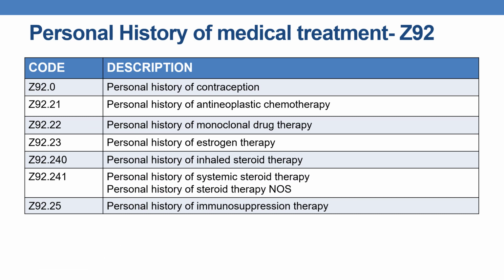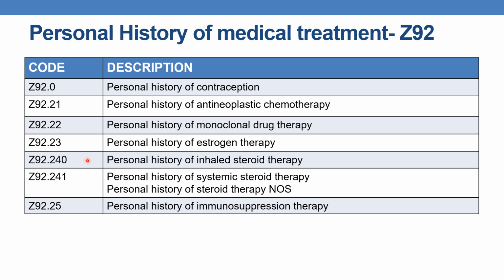Now first coming to the Z92 series, which is personal history of medical treatment. The first code is Z92.0, personal history of contraception. The next is Z92.21, personal history of antineoplastic chemotherapy. The next is Z92.22, personal history of monoclonal drug therapy. Z92.23 indicates personal history of estrogen therapy, and